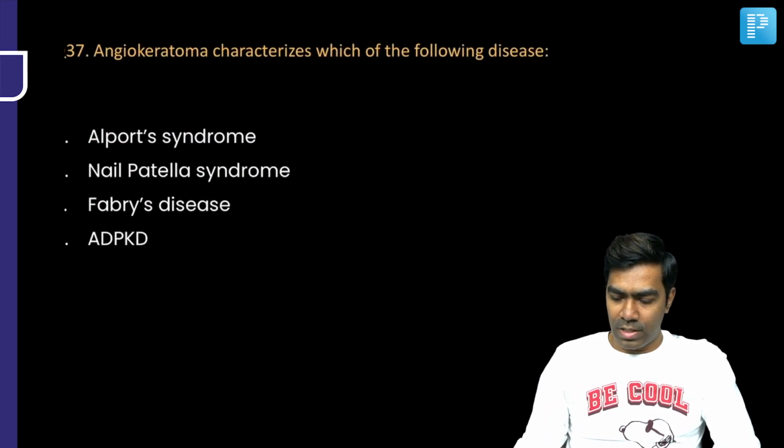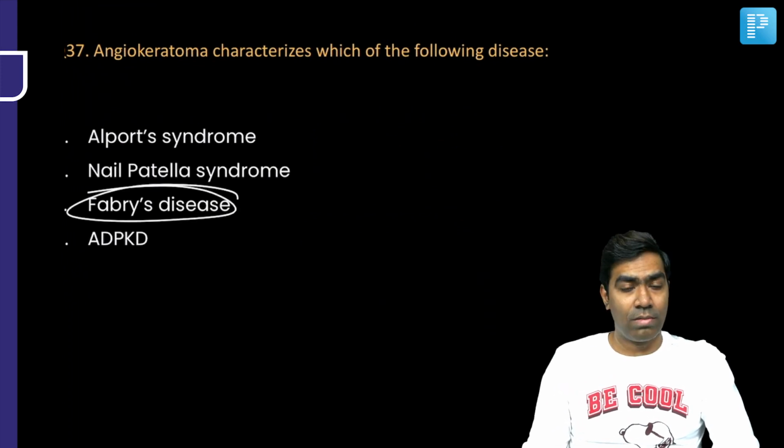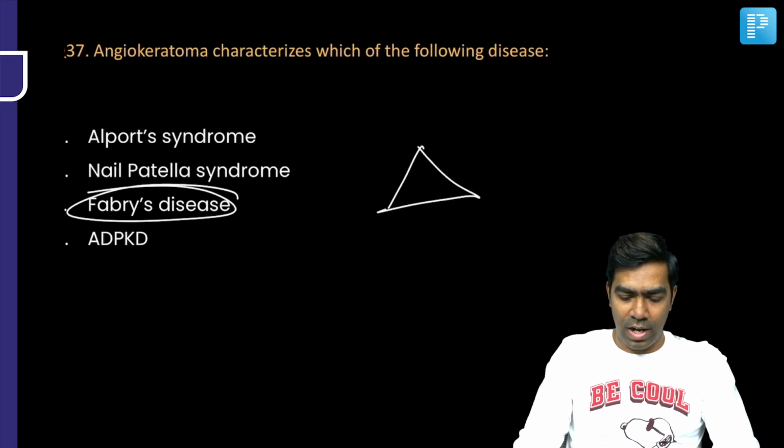Angiokeratoma is characteristic of which of the following diseases? Again, it's a straightforward question and you have a straightforward answer. The answer is Fabry's disease. Fabry's disease is going to manifest in the form of a triad where the patient will have skin problems like